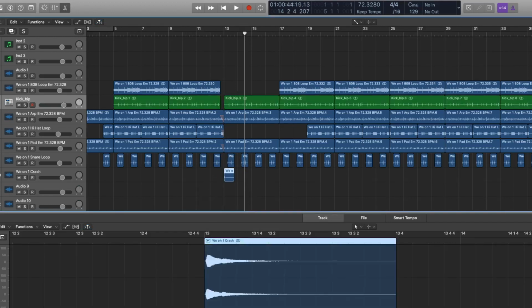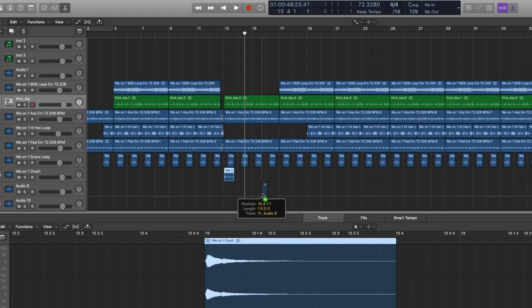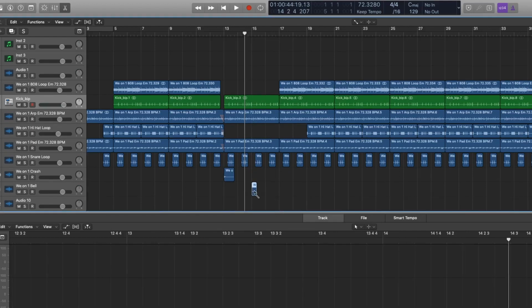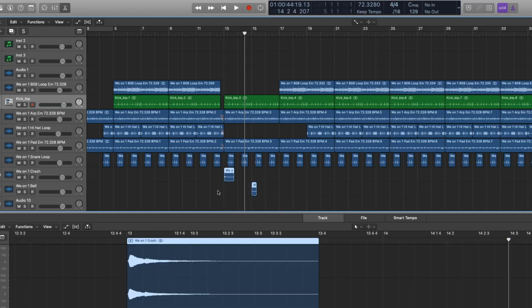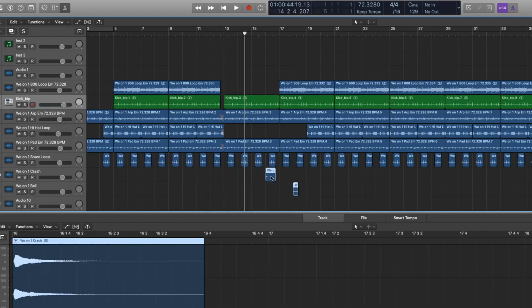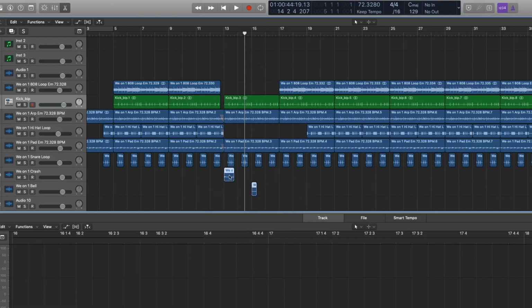Crash. Oh, I got it right in there. Okay. Alright, cool. Just to add some more changes throughout the track. Because remember, it's supposed to change every 4 bars. So according to this,